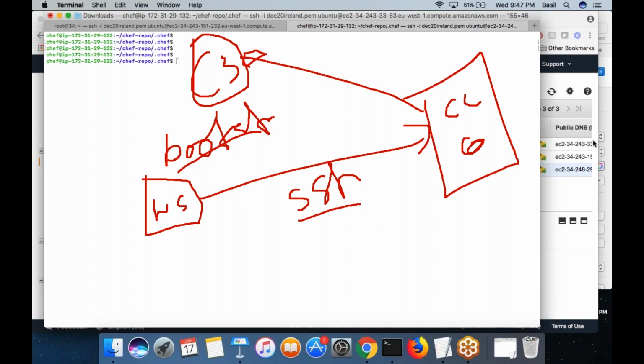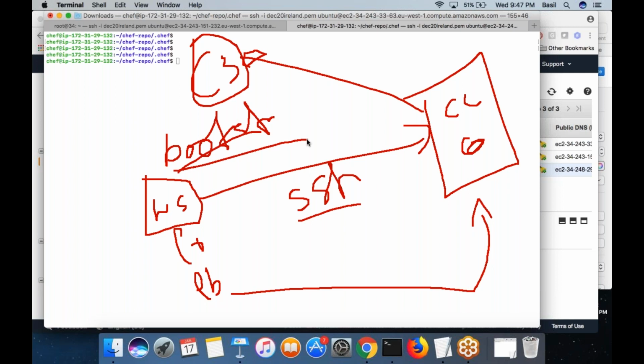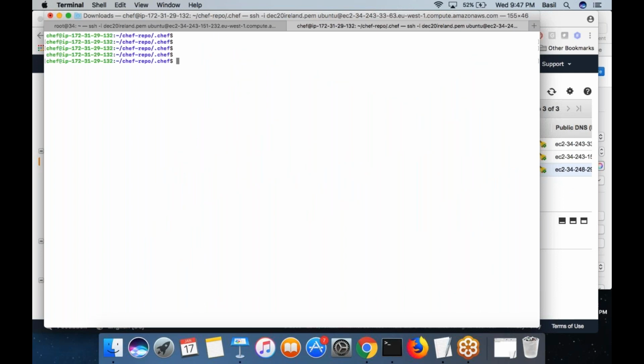What would I do? I would generate a private public key pair in the workstation, right? A private and public key I would generate here. And this public key I will copy to the node, the authorized keys. Then the workstation can run the bootstrap command, which will automatically connect to the remote machine through SSH and bootstrap it. That is exactly what I am going to do.